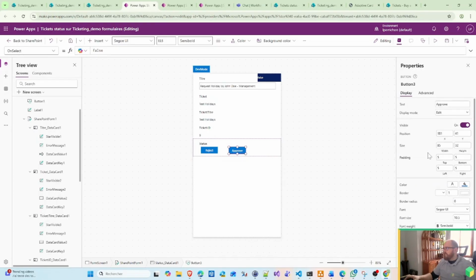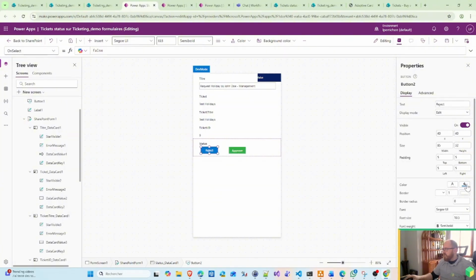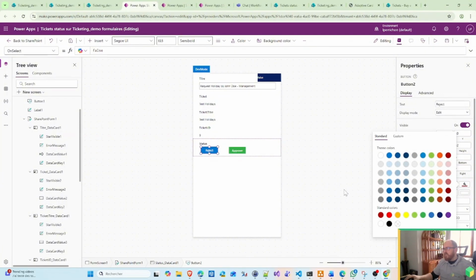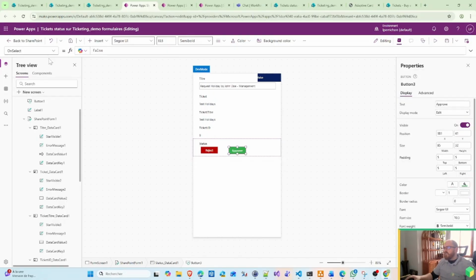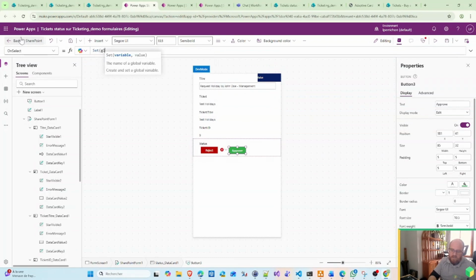Okay, change a bit of color. Let's put green. Let's put it red. And when I click on this one, what I want to do is set a global. So it's not a log because it's a set. So global status,